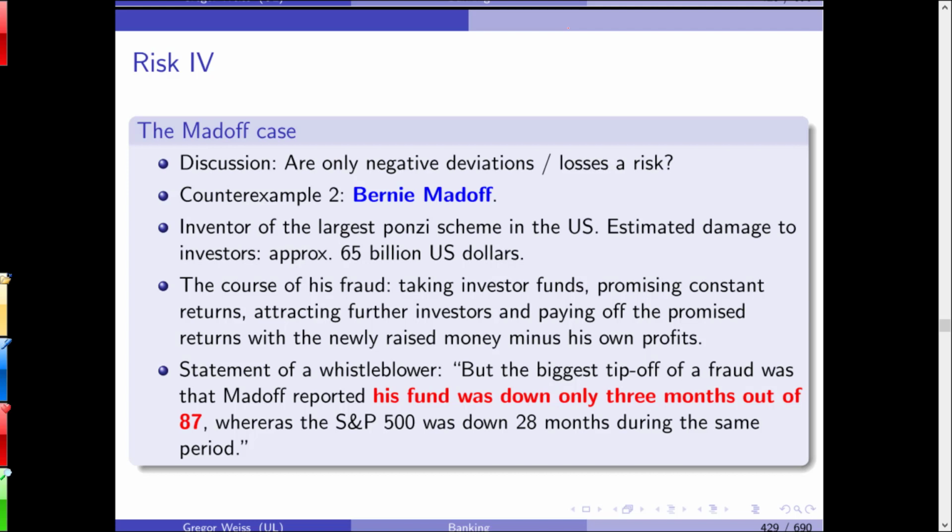Now, have I invested the money? No. I will pay out to you, the previous investors, the return of 10% out of the 10 million euros the next set of investors has invested in my fund. I'm not doing any actual business. I'm simply using money given to me as an investment to pay out previous investors. And you can see the fund has now increased from 1 million to 11 million.